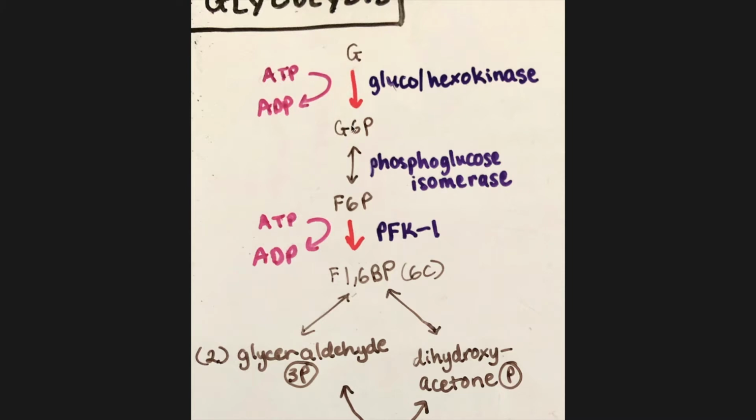Glucose is converted to G6P via glucokinase or hexokinase. Glucokinase is found in the liver and the beta cells of the pancreas. Hexokinase is found in other tissues like the brain. The difference between the two that you should note is that glucokinase has a high Km and high Vmax, so it has less affinity for blood glucose and is in a way a glucose sensor because it senses elevated levels